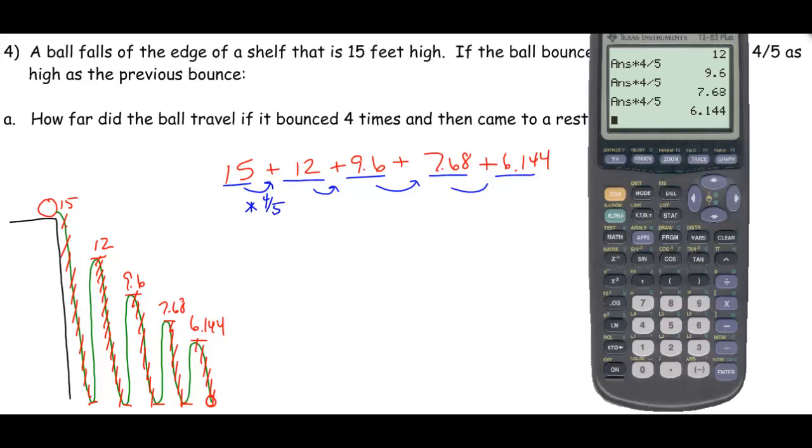So what could I do? Well, I could double this. So let's think about this. I really want to take the sum, okay, so 15 plus 12 plus 9.6 plus 7.68 plus 6.144. Okay, so if I take all those and add it together, I get a total of 50.424. But again, that's not everything. But if I double it,